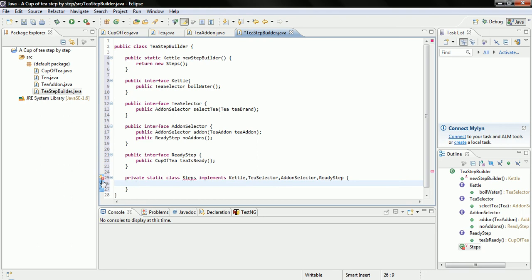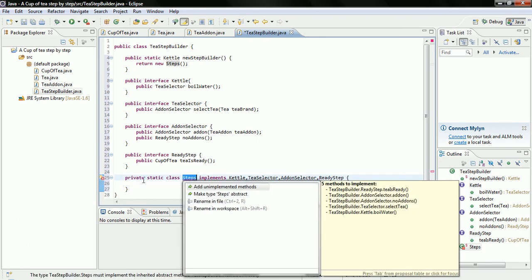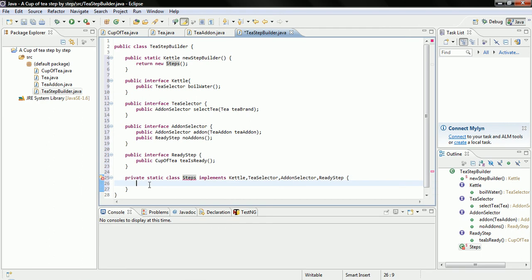I could click here and select add unimplemented methods, but probably Eclipse will not order them as we want to order them,